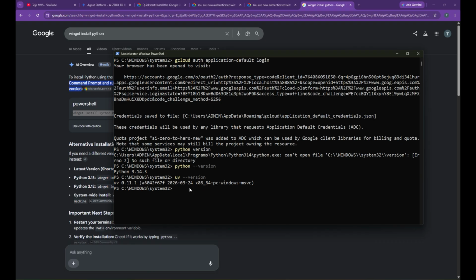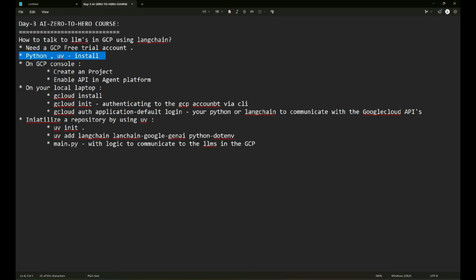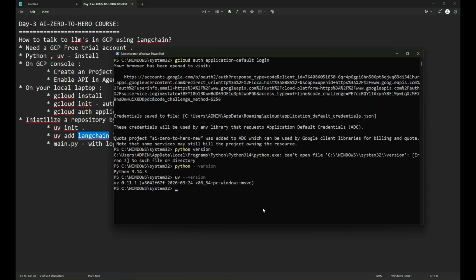UV is a package manager, the same as pip, but it is faster than the pip package manager for Python. Once you have them ready, the next thing would be creating a folder and making it a project structure by using uv init . and adding the packages. For that,